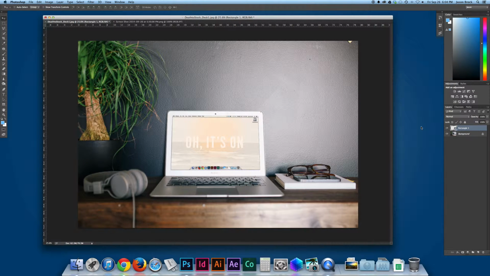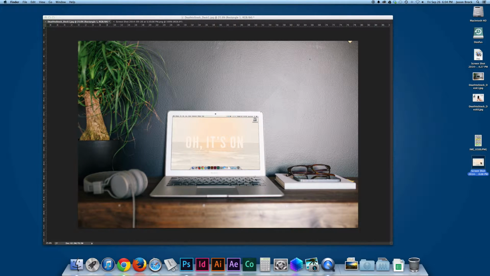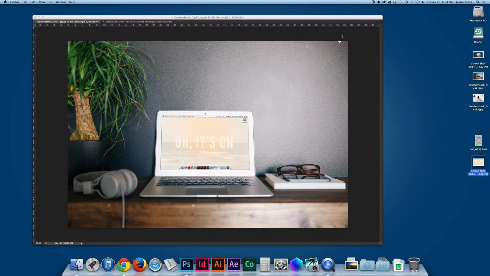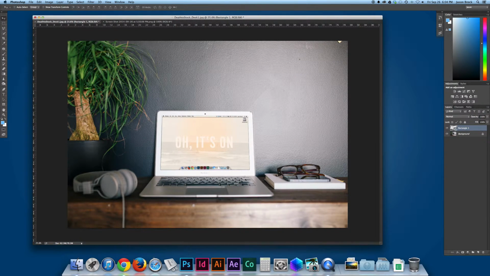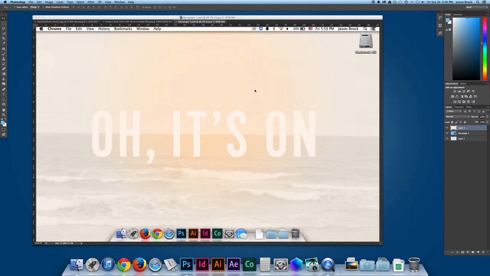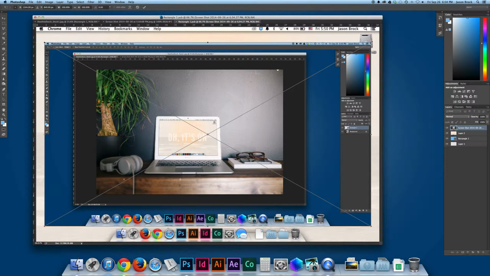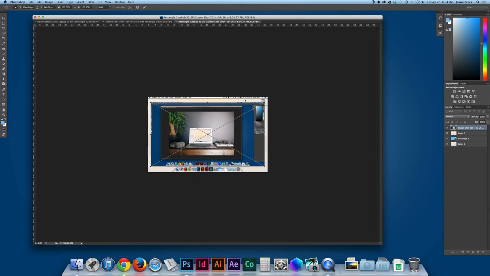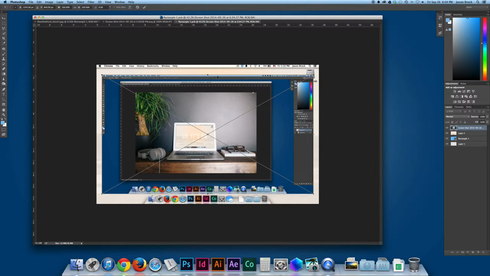But now it's as simple as if I take a screenshot of this computer. Let's go ahead and open up our thing again just to show you how this works. Place that on there. And I'm just going to warp this one out.